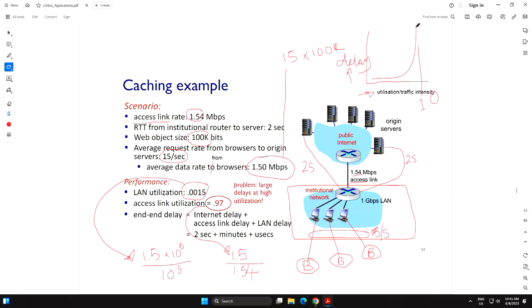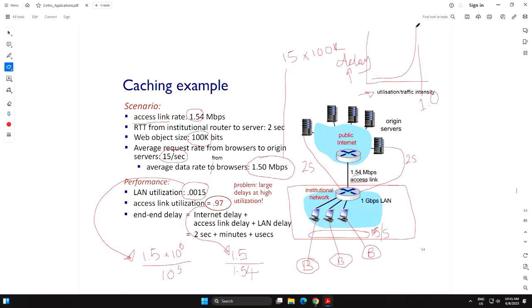And we have seen why this is true in lecture 1, because the packets wait behind the queue before they can get serviced. So if the traffic intensity is very high, then the queue will build up and your average delay will go exponentially higher. And we also had an animator. You can play that animator by changing the access link and the packet arrival rate to see how the packets are getting dropped and the delay is increasing.